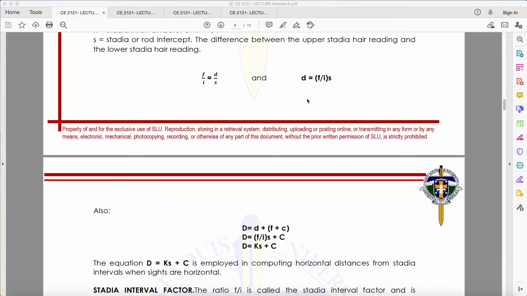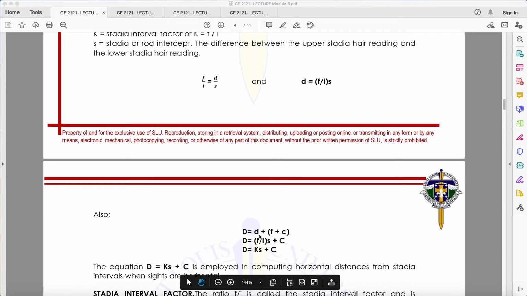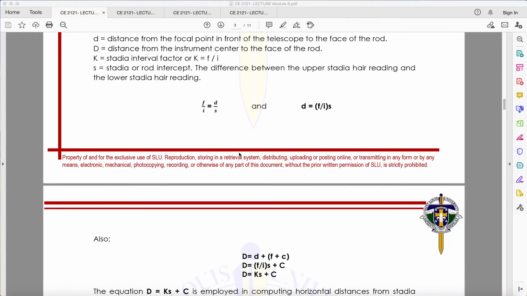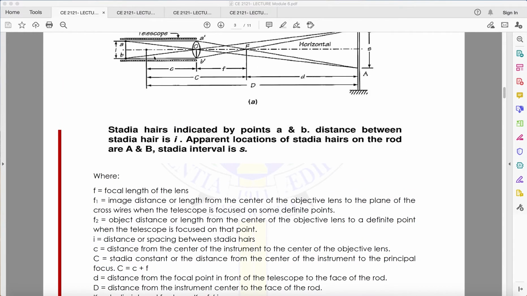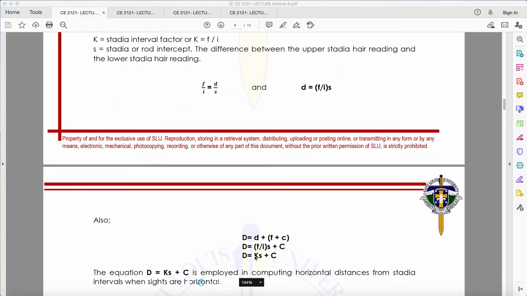From our first equation, small d is equivalent to F times S over I. Substitute the variables of d, so that would become F over I times S plus C. But F over I is the stadia interval factor, so K is equivalent to F over I. Substitute it here. We have distance D, from the center of the telescope to the face of the stadia, simply equivalent to the stadia interval factor